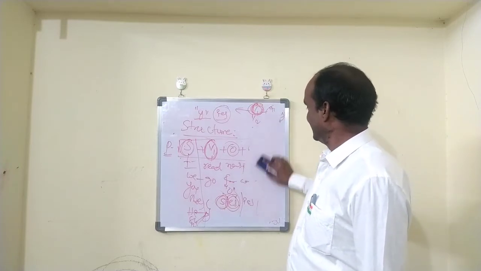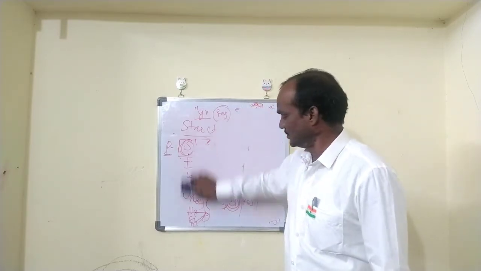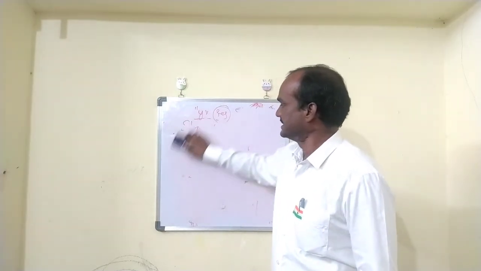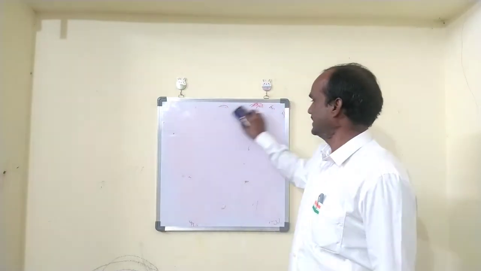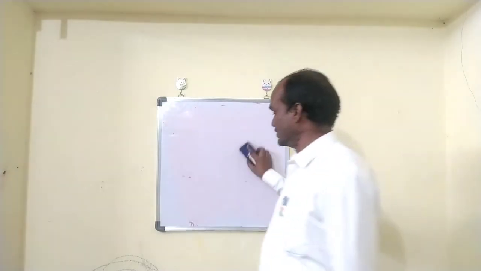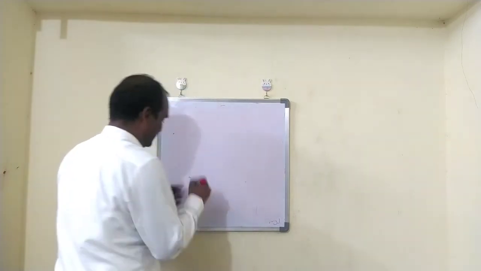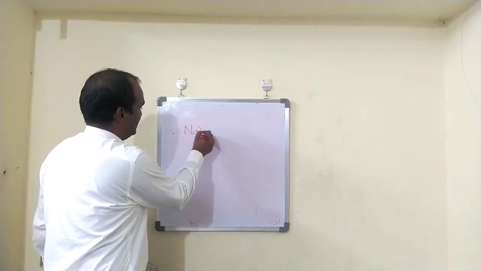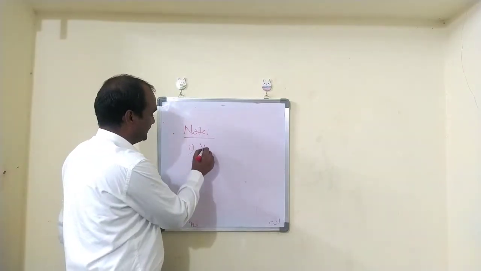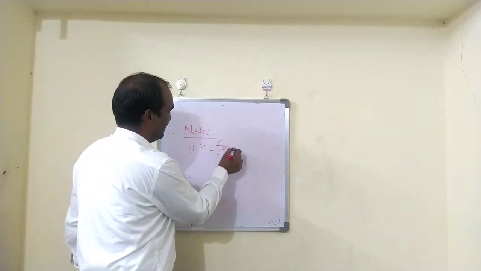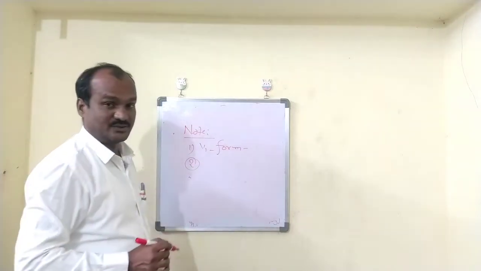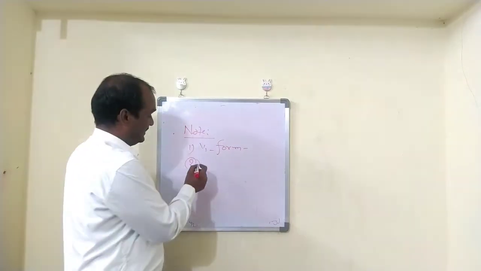So the keywords. We need to know the key points of this tense, simple present tense. Okay, what are the key points we need to keep in mind, and we need to make a note, right? Note. So the note is, simple present tense note is, first one, V1 form is used, and the second one is, in case